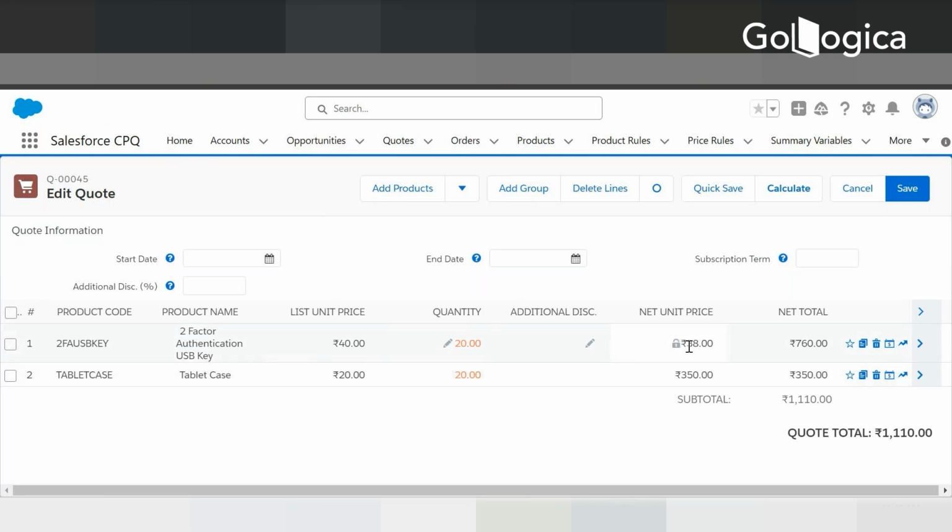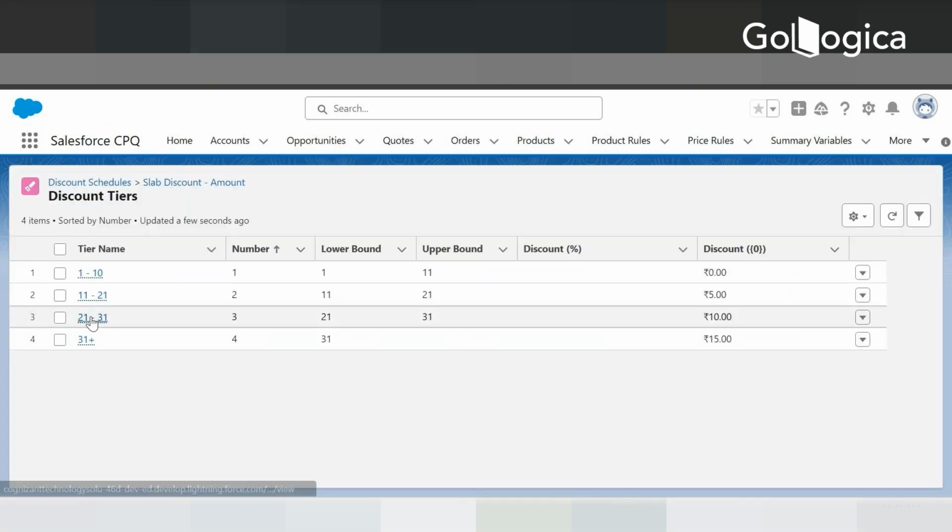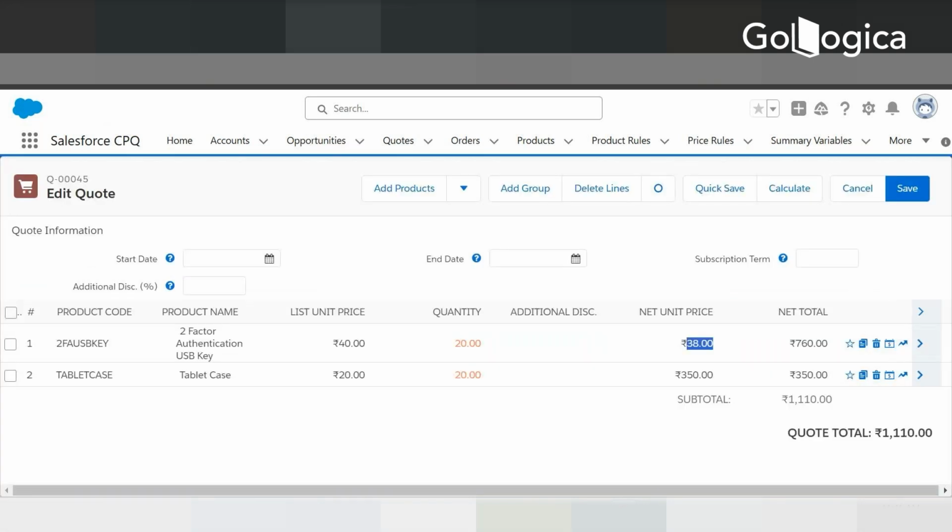The net unit price comes to 38. 5% of 40 would be 2. So they have applied the price over here. Now if you'll see 20 and over here 20, so 20 falls over here. So 1 to 10, there will be no discount. On 10 to 20, there will be a discount for 5. So if I go back onto my code,